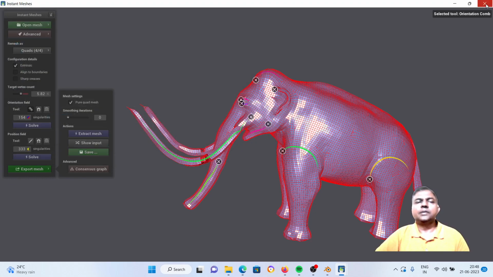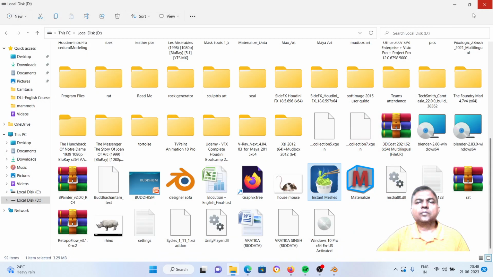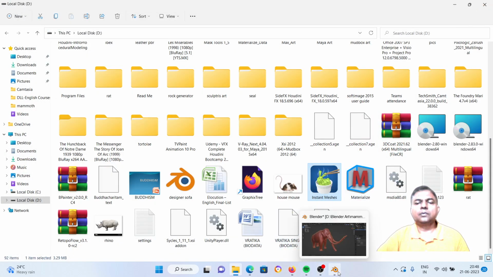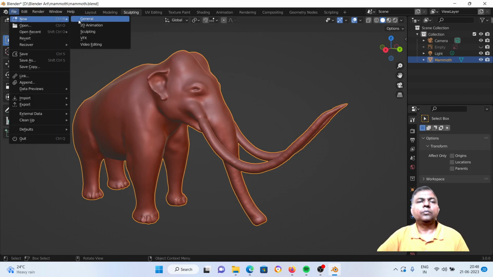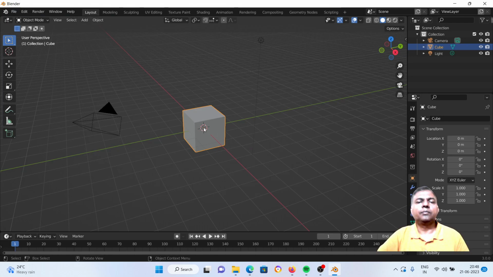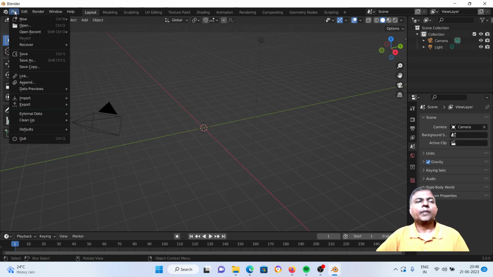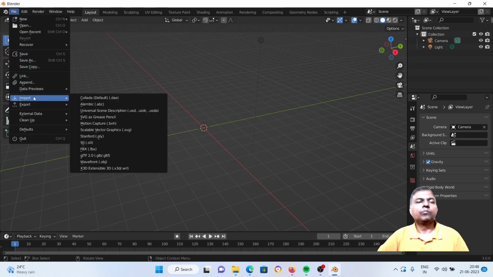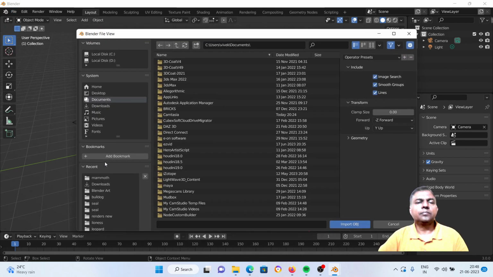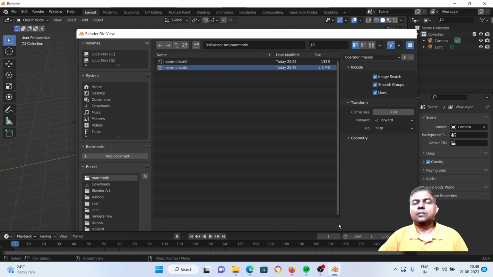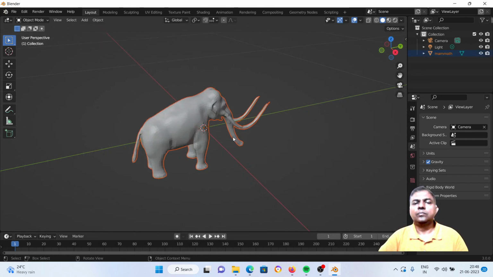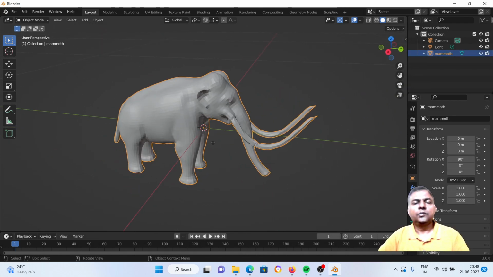You can close Instant Meshes, go back to Blender, file new, don't save, delete the cube, import the quad mesh we just generated in Instant Meshes, Mammoth. So you see